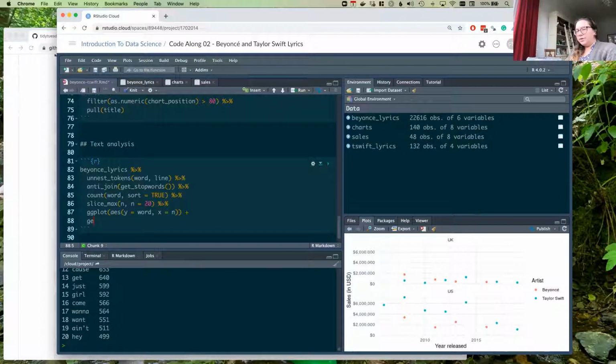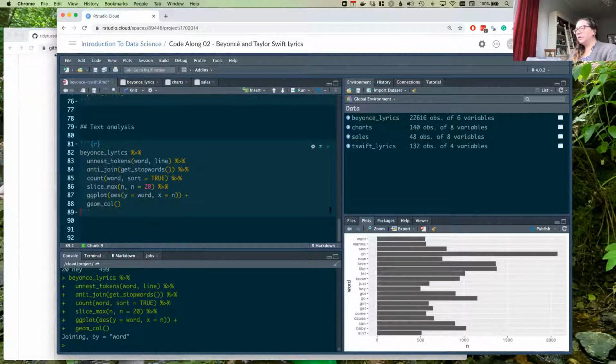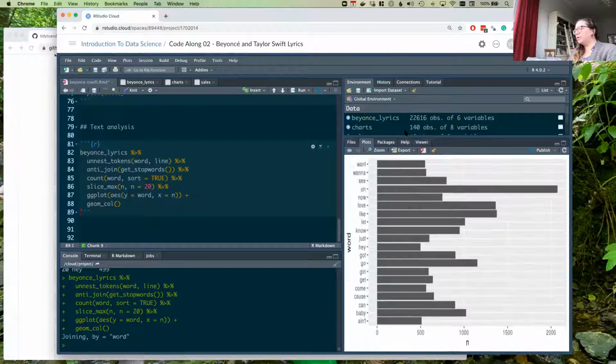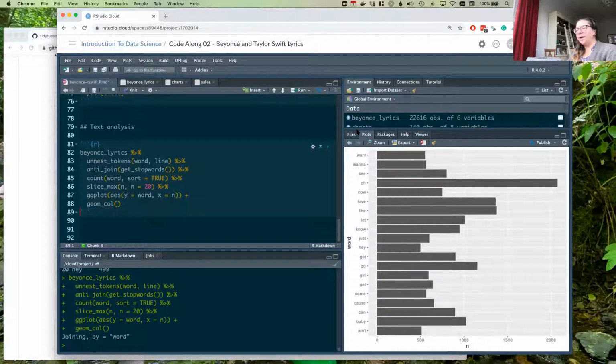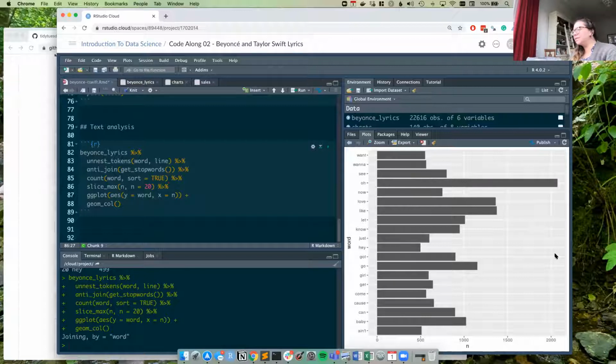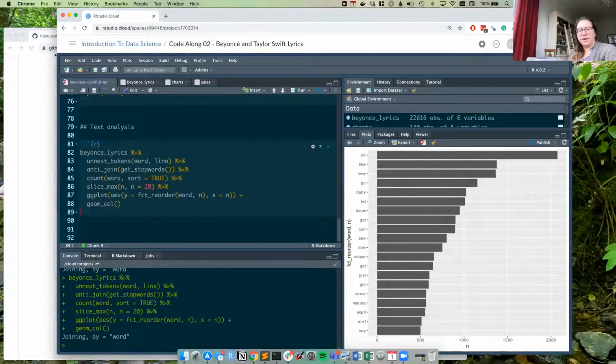And then here are words, but they are in alphabetical order as opposed to what's the highest number. So we can actually say we want to reorder these in order of the n. So maybe that looks a little bit better.